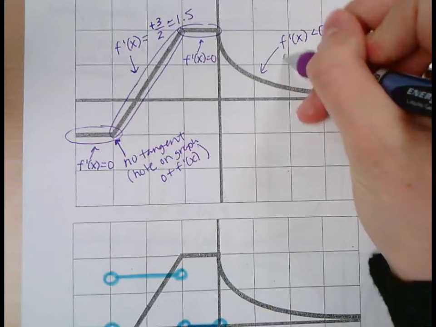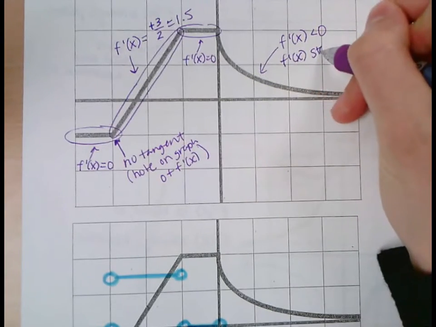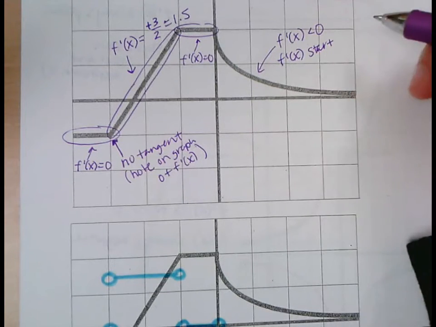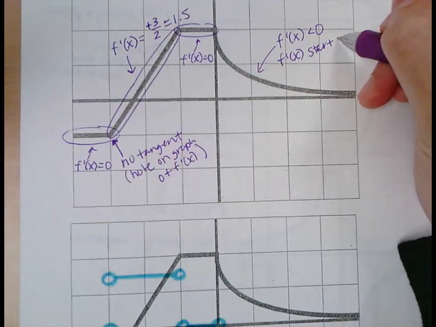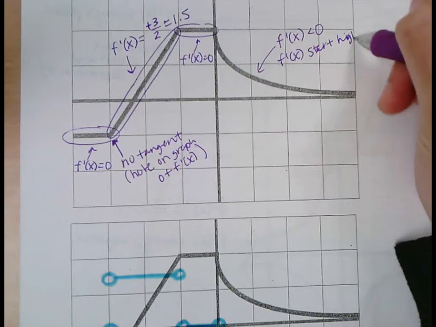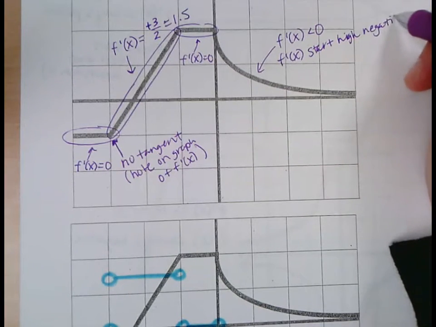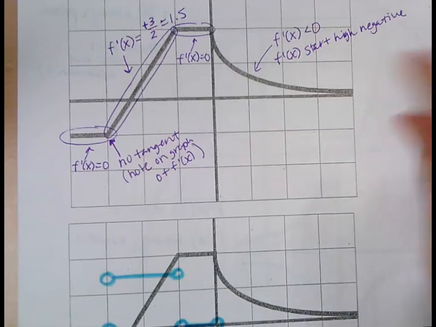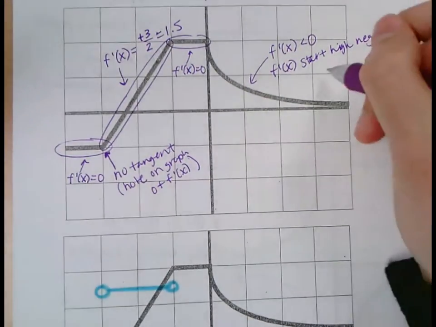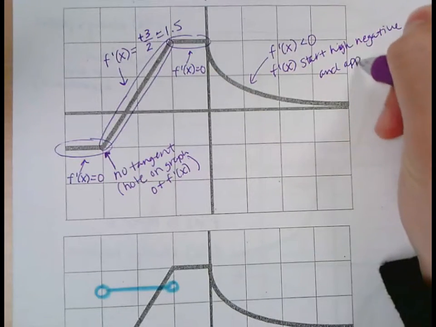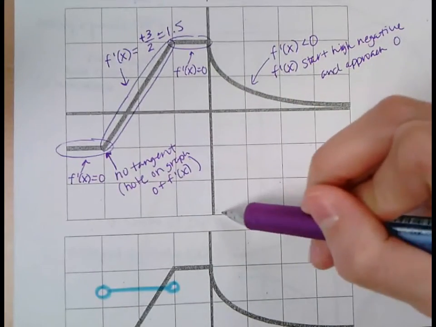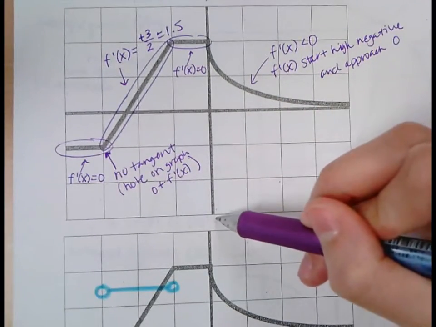So f prime would start with, however you want to say it, high negative values, which are actually really low values, however you want to describe it. So f prime of x would start with large negative values, which are actually really small, and approach 0 but never equal 0. So it would look,